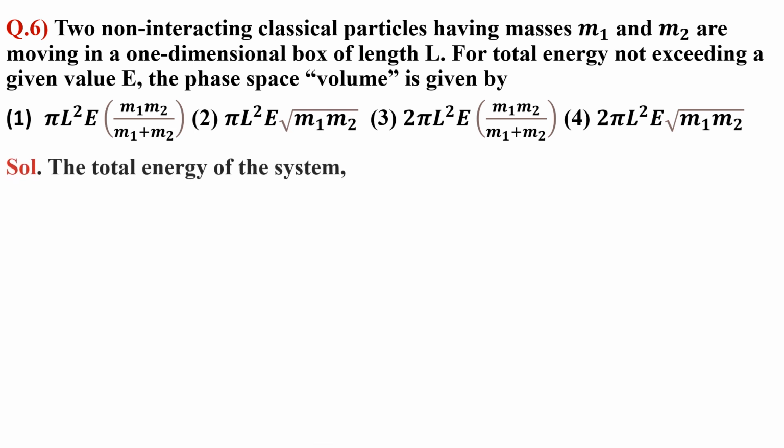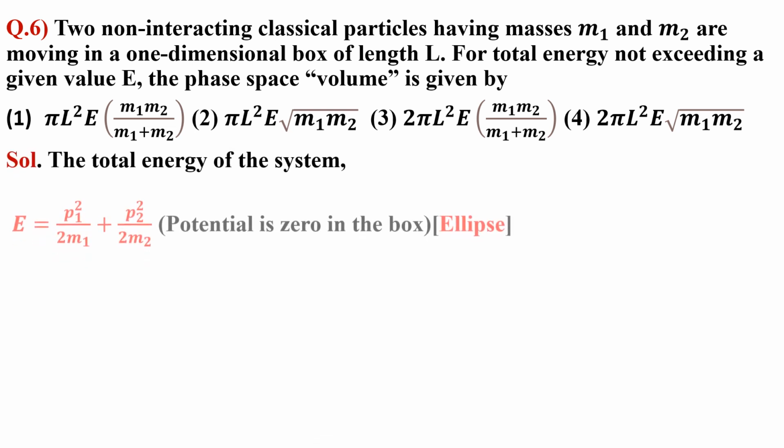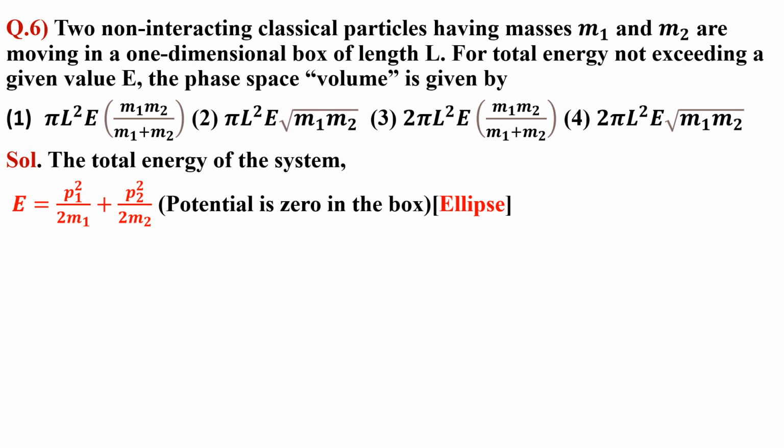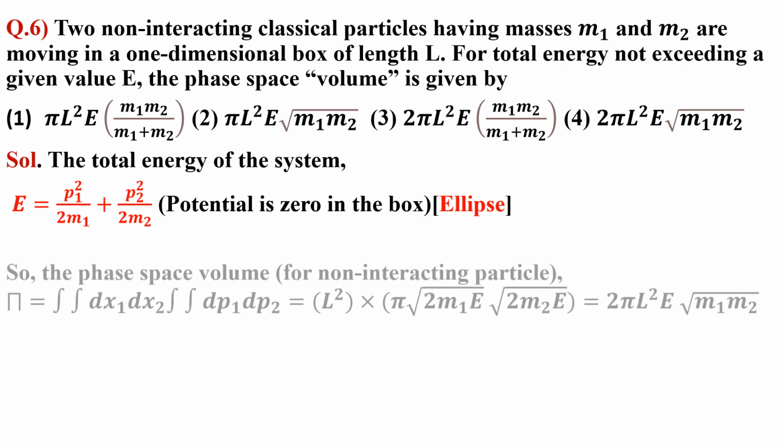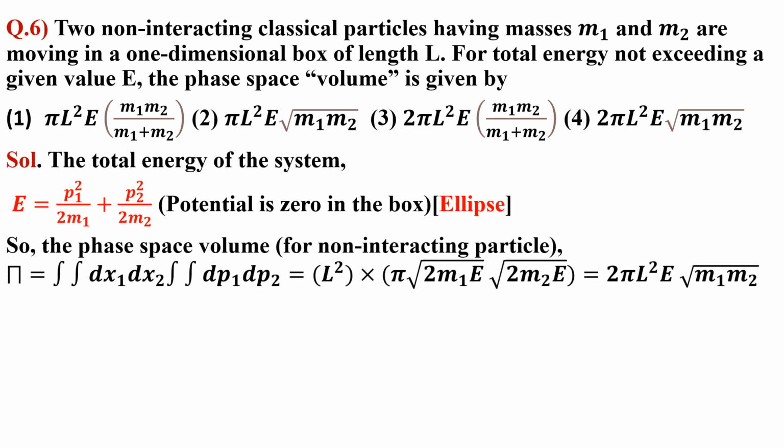Solution: the total energy of the system E equals P1 squared upon 2m1 plus P2 squared upon 2m2. Since the potential is 0 in the box, this equation is an elliptical equation. So the phase space volume for non-interacting particles equals the integral over the two particles dx1 dx2 times the integral over dp1 dp2,